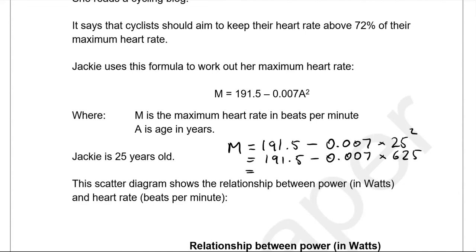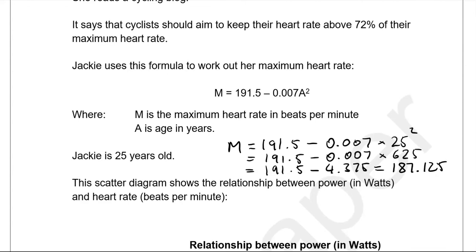So we'll do multiplication before we do subtraction. So 191.5 take away 0.007 times 625 gives us 4.375. And this gives us 187.125. So this is Jackie's maximum heart rate,